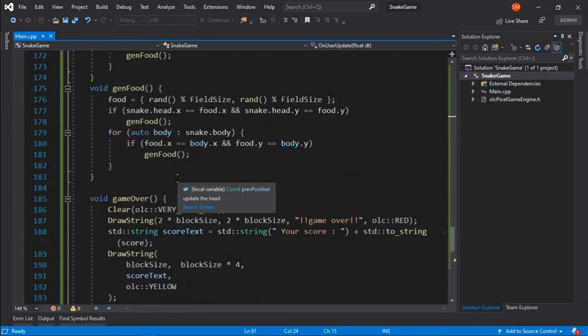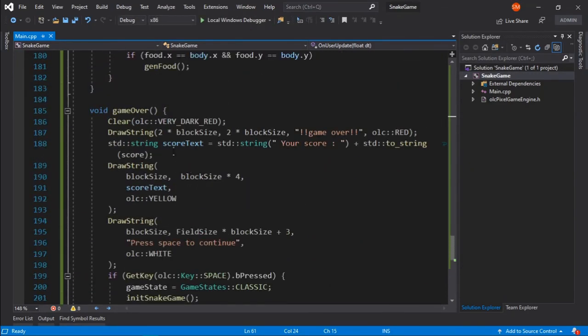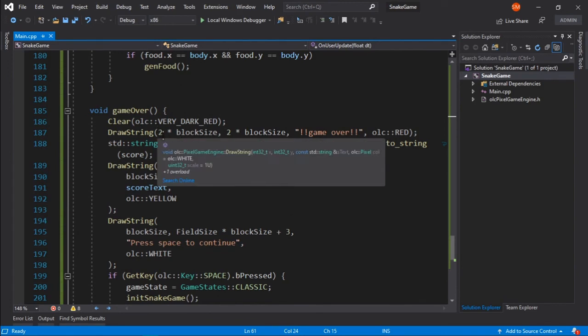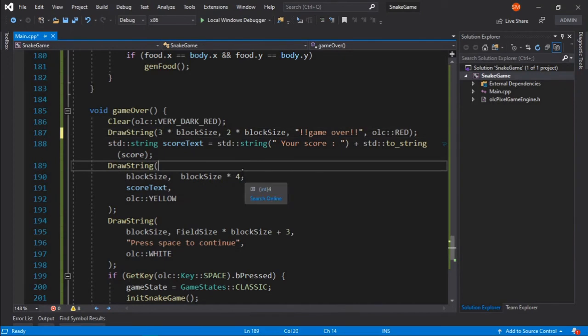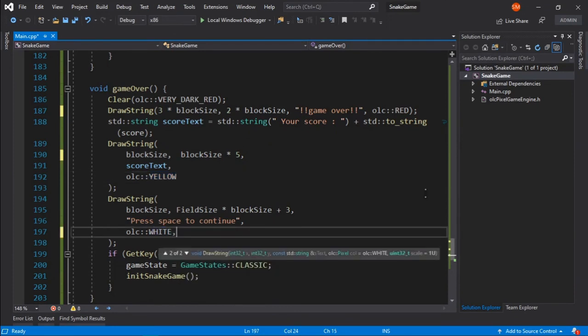just rearrange this whole thing. What I think I should do is, instead of having 2 times this, I will have 3 times this here, and I will draw the string at 5 here, and also it takes a third parameter, I guess, for scale.